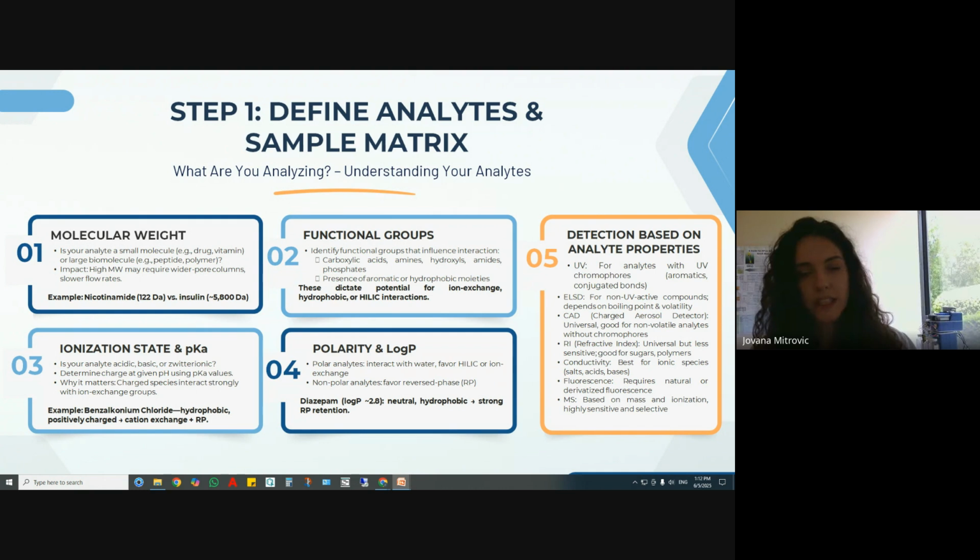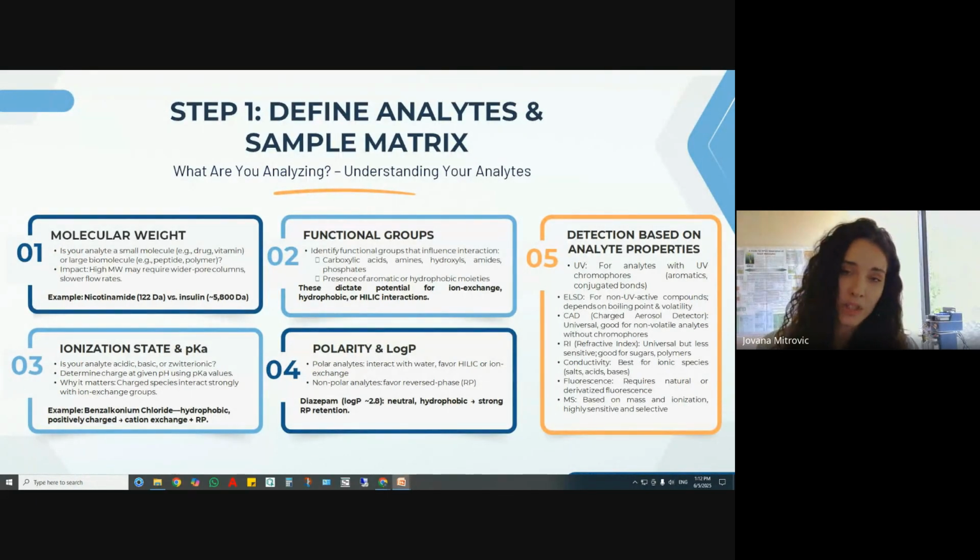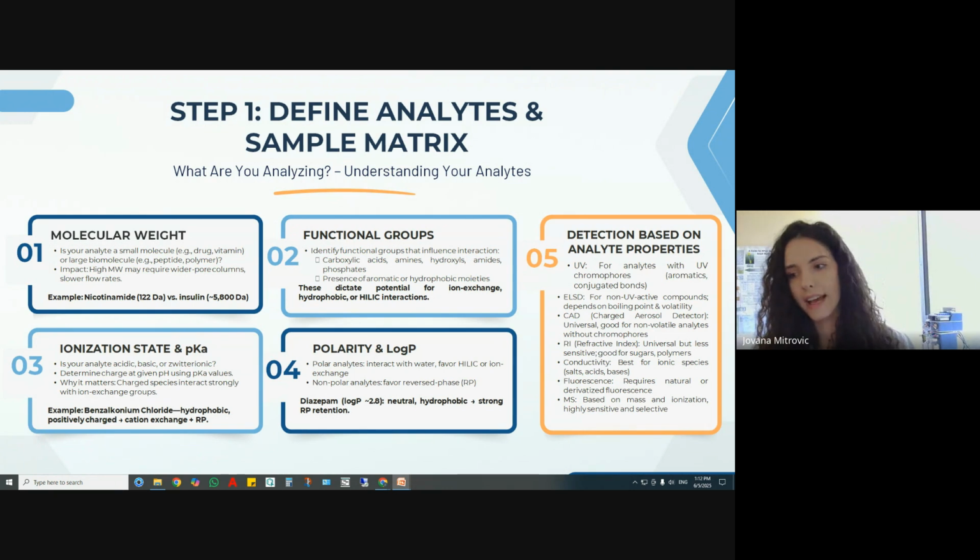Finally, we need to think about detection. Ask yourself, does the analyte have a UV chromophore? If it doesn't, you may need to consider detectors like ELSD, CAD if it's a charged analyte, or mass spec to ensure reliable detection. So in summary, by taking the time to carefully evaluate molecular weight, functional groups, ionization,